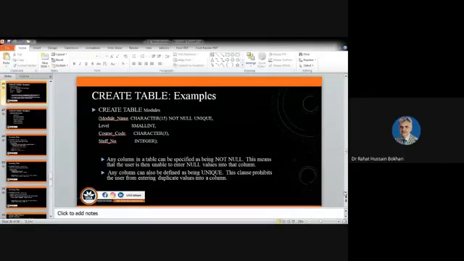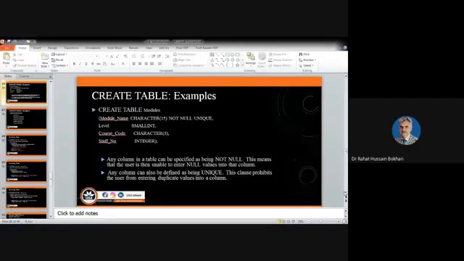Any column in the table can be specified as being NOT NULL. This means that the user is then unable to enter a null value into that column. Usually we do that if we take that attribute as a primary key. It prohibits us from entering null in that column. Furthermore, any column can also be defined as being UNIQUE, which I already discussed.